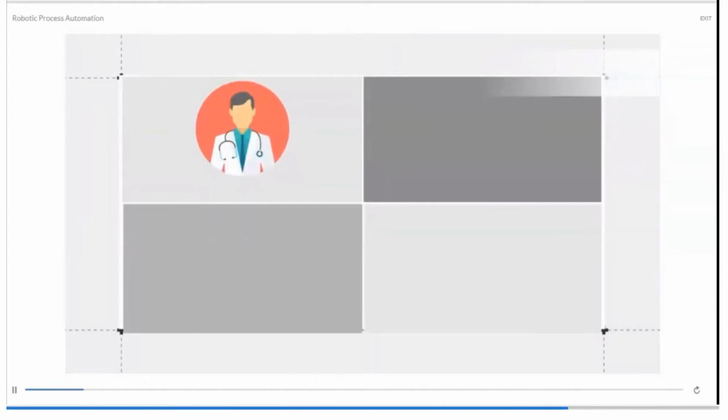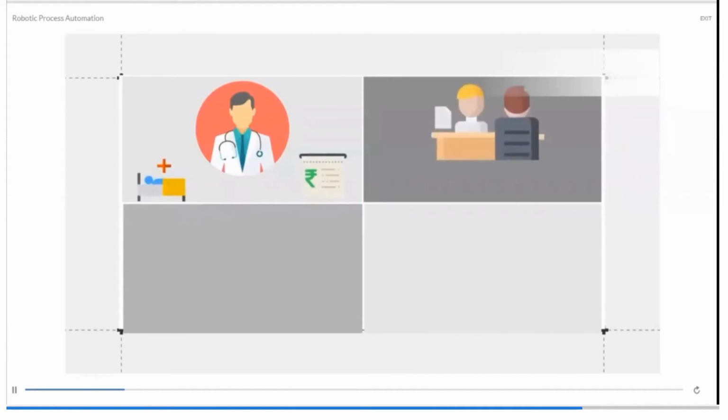It is very well used in healthcare. As I said earlier, it is used for patient registration and billing purposes. In the HR department, it helps in new employee joining forms, payroll processing and hiring shortlisted candidates.